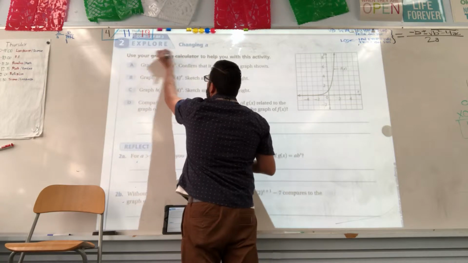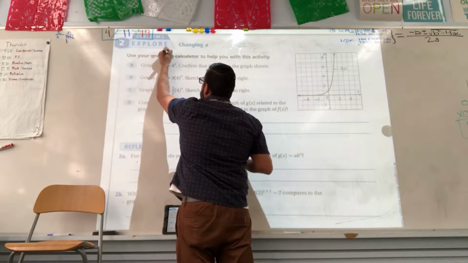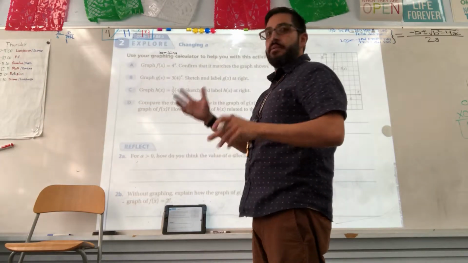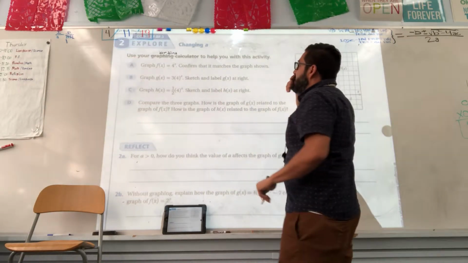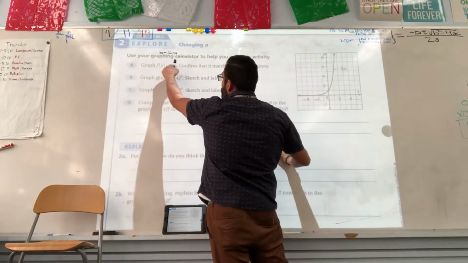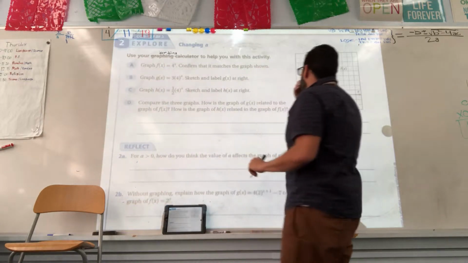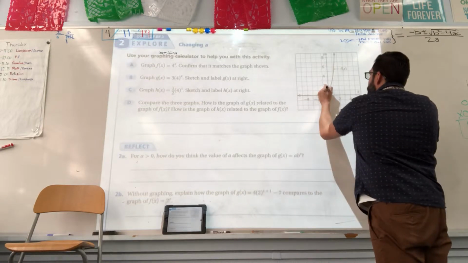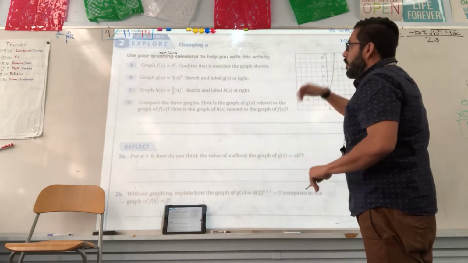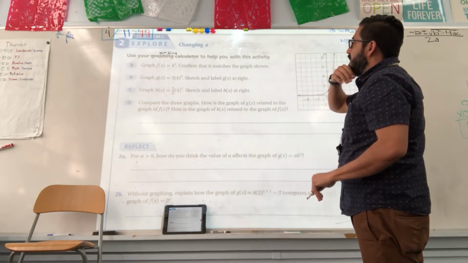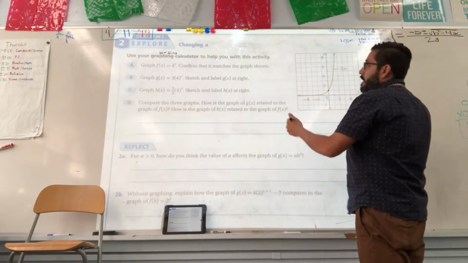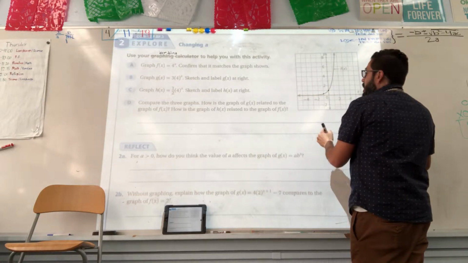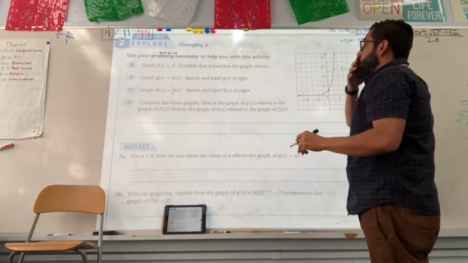We're not using graphing calculators, we're using brains. So turn your brains on if you haven't done that already. Time to go. All right, so graph the function f of x equals 4 to the power of x. So when x is 0, that's 1, right? Put that right here. When x is negative 1, that would be 1/4. When x is negative 2, that would be